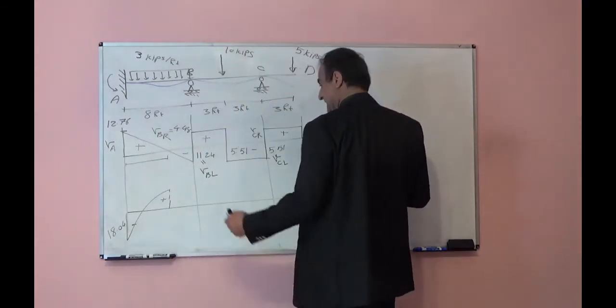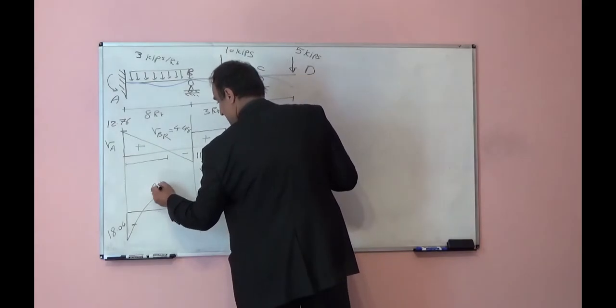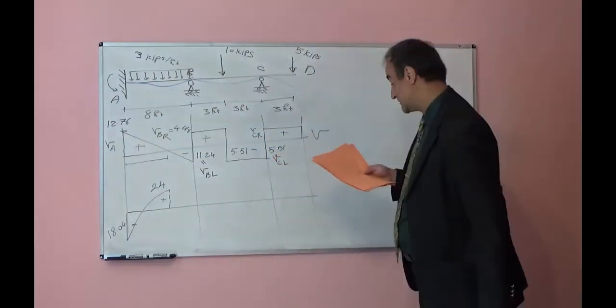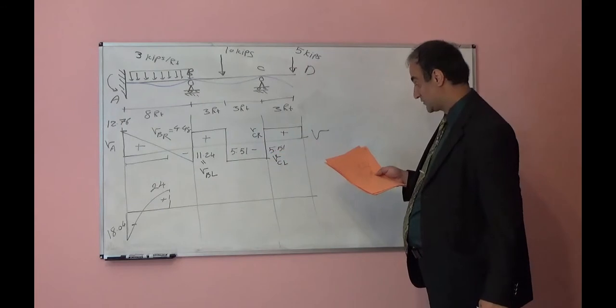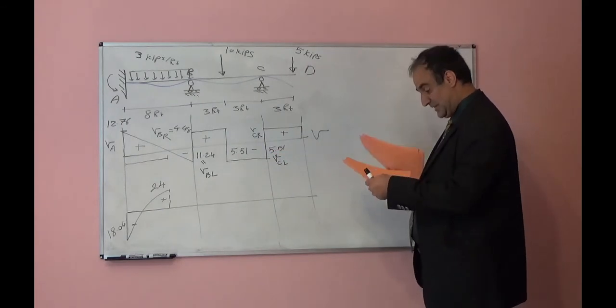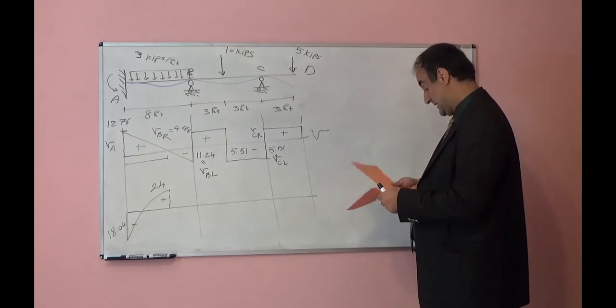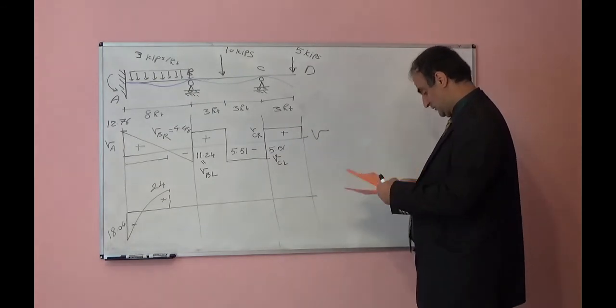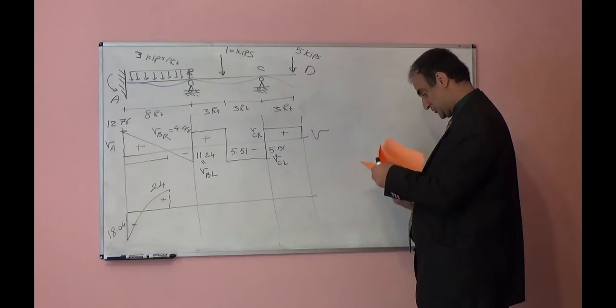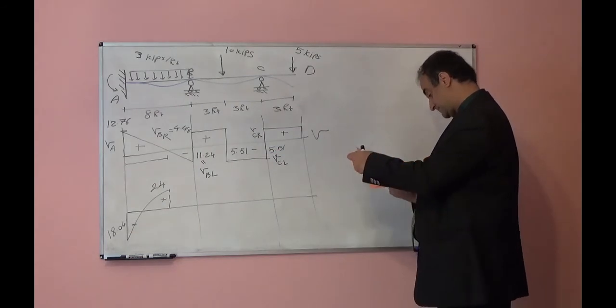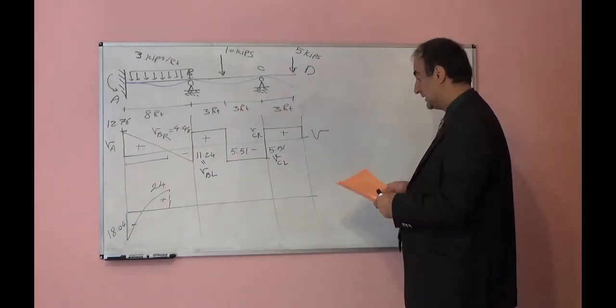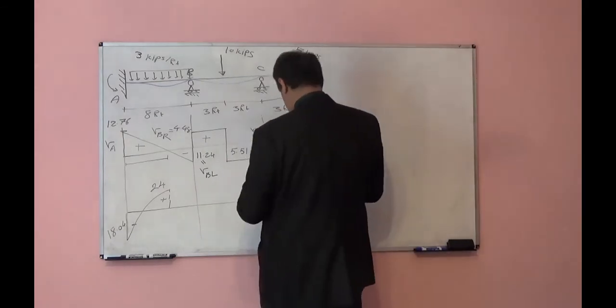If you do that, if my calculation is right, it should reach to the positive 24. Then MBA, let's see what was MBA. 11.4, if I'm not wrong, or 11.9. 11.9